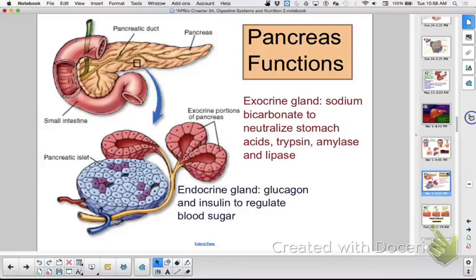Now, I don't know the steps per se of cancer in the pancreas, but I do know this. If somebody gets pancreatic cancer, do you know about how long they have to live? Four to five months usually, depending on when they figure out that you actually have pancreatic cancer. And people stop getting hungry. They can't understand. They'll lose weight. Does it make sense now that you know what the functions of the pancreas are, right?